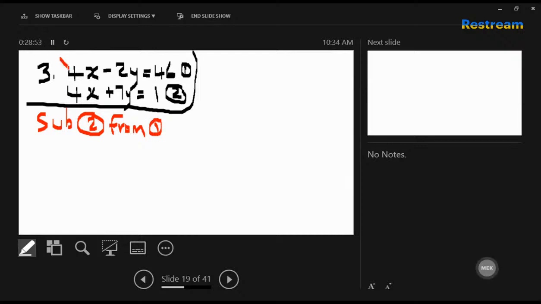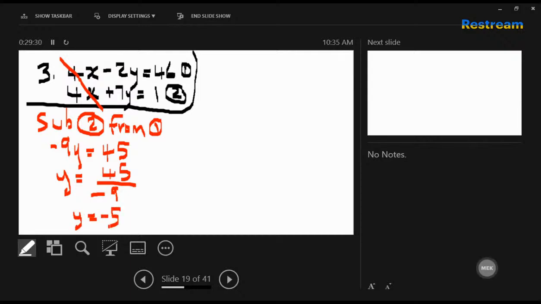So 4x minus 4x, that eliminates the x. Negative 2y minus 7y, that's negative 9y. And 46 minus 1 is 45. So if negative 9y is 45, so y is 45 divided by negative 9, which is negative 5. So if y is negative 5,